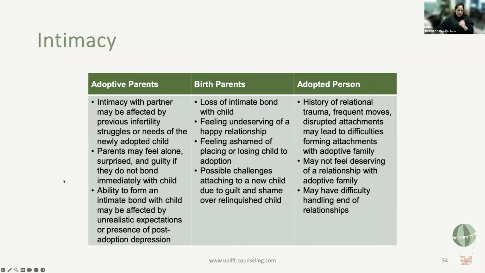Okay, intimacy, we've got a couple more of these. I'm going to run through these a little faster so I can get to the other parts. But intimacy, this is where we're understanding relationally how we're showing up, right? For the adoptive parents, what does it mean to show up relationally with their adoptive child? What are some of those struggles? For birth parents, what does it feel like to not have that connection, that intimacy? I'd like to have that closeness, but I'm scared, I'm ashamed, I feel guilty, right? So that relational piece is really missing, or there's confusion around it.